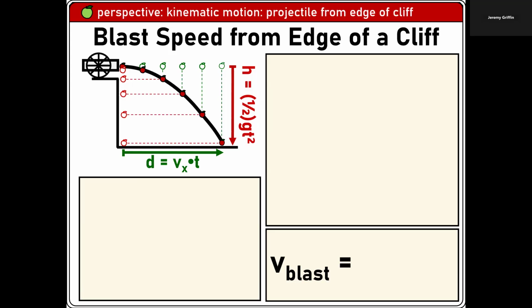Go ahead. I solve it in terms of variables. Looks like I got a 3-part process. So what is the blast speed in terms of H and D? What is the blast speed in terms of H and D? D over T, okay, so yeah. D over